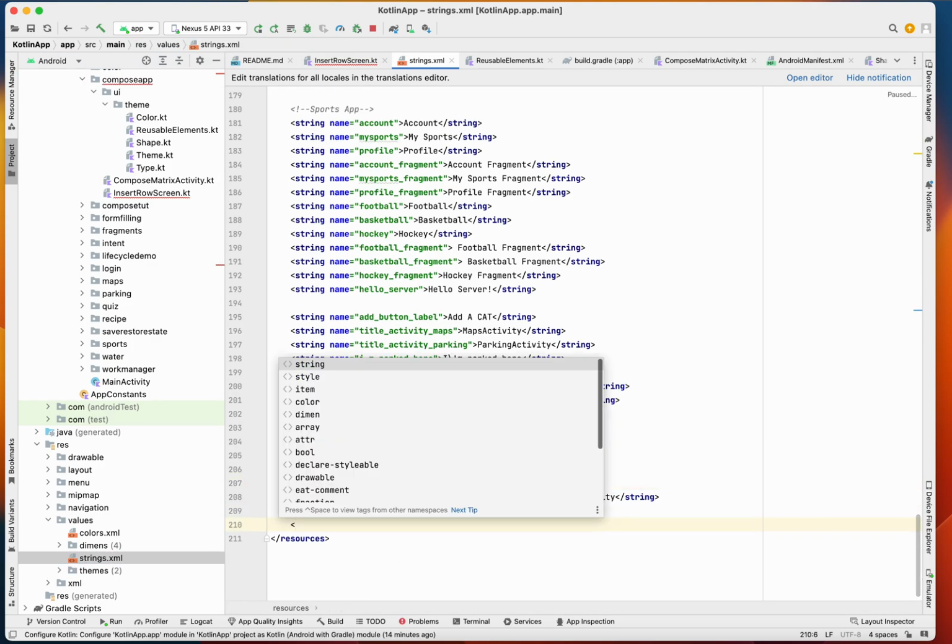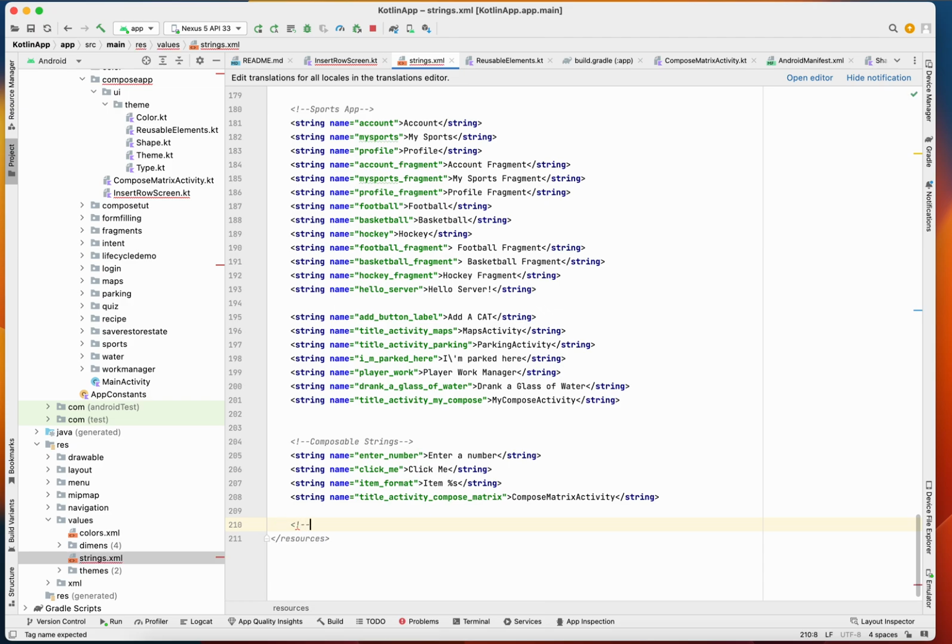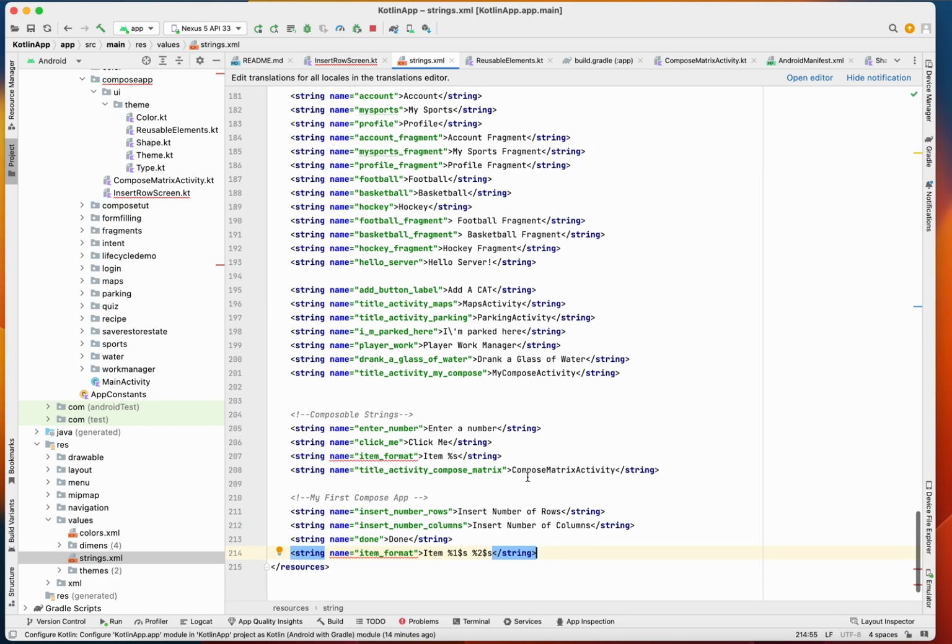Obviously I need to create here some my first compose app. So all our string resource file will be just defined here. So whatever strings we need we will define here. So we'll be needing all these strings, right? So let me just paste these strings,